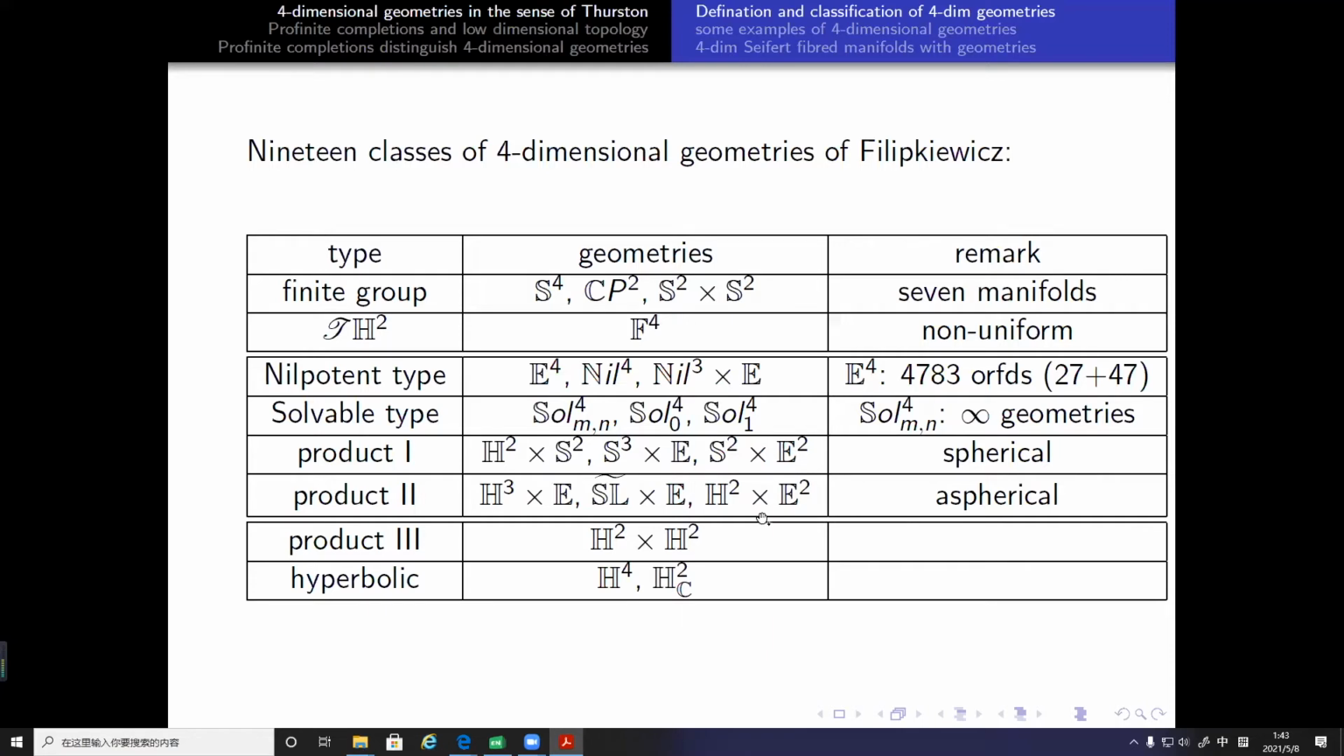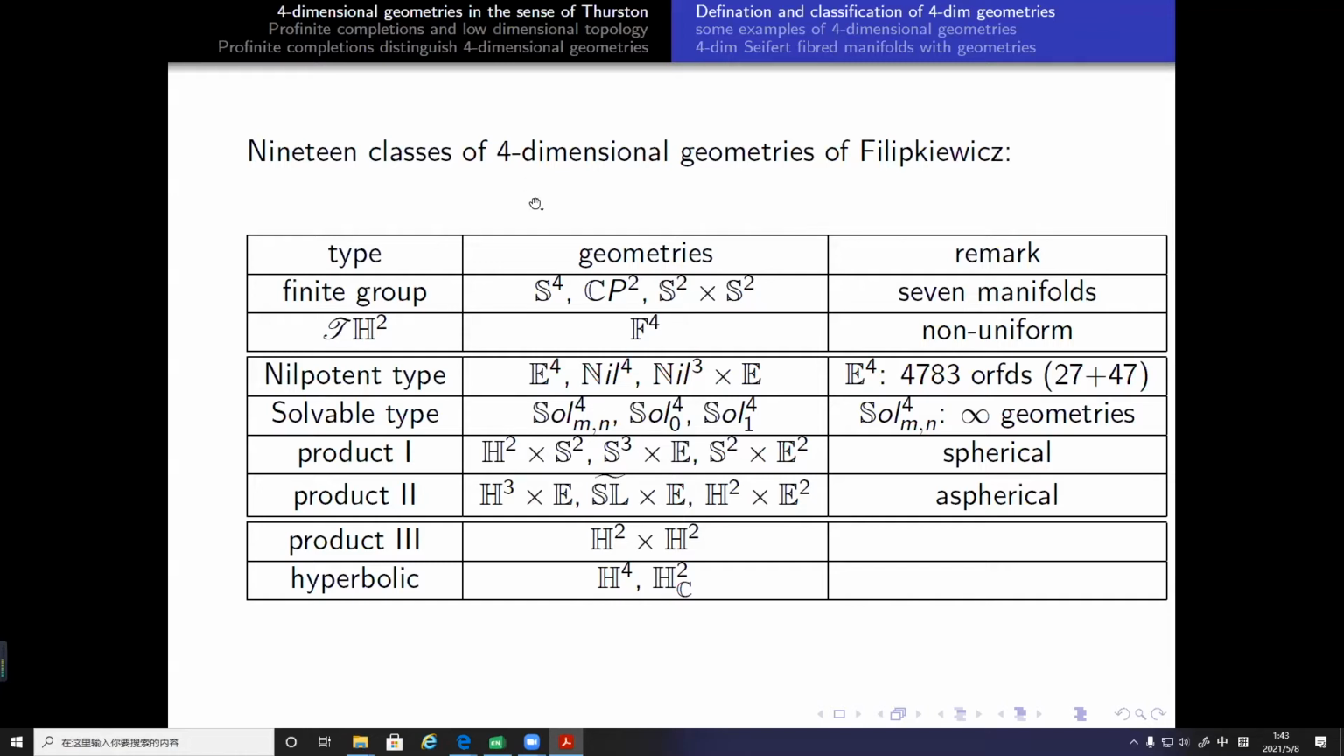So they are good examples to study profinite completions of their fundamental groups. Okay, and then the third type of product geometry is the real hyperbolic plane times the real hyperbolic plane, and this case is more difficult than these three types of geometries. And the most difficult of